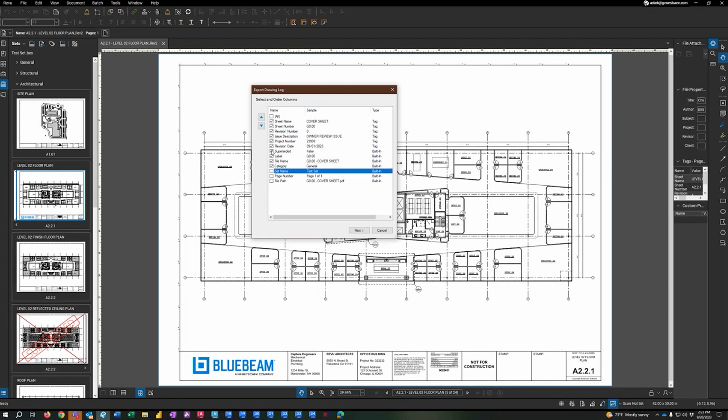Rid of that. Whether or not it's superseded, the revision date, the project number, and this is where we filled this information out manually. So if you really want to be detailed, you make sure all this is correct. And then when we hit next,